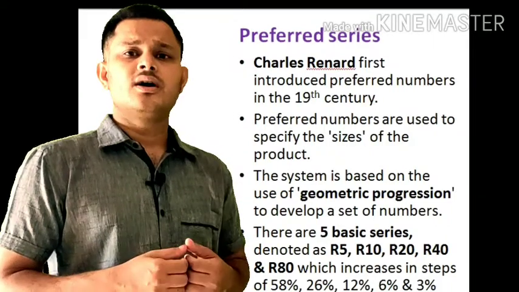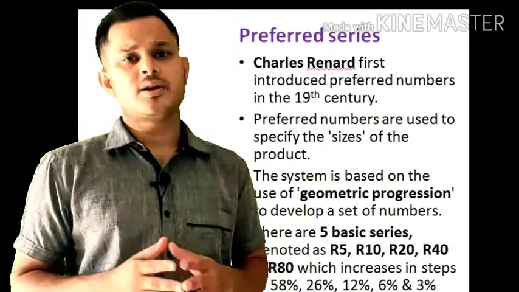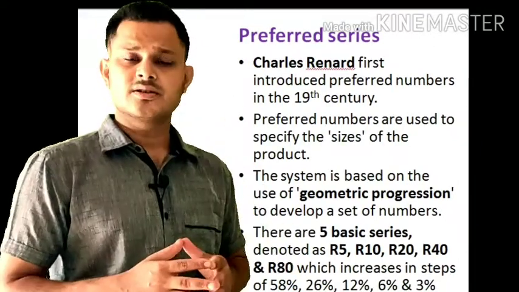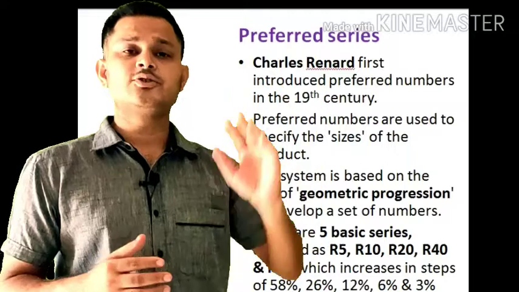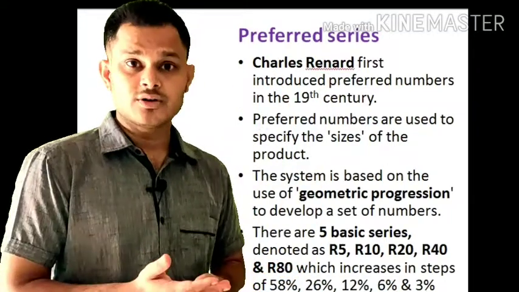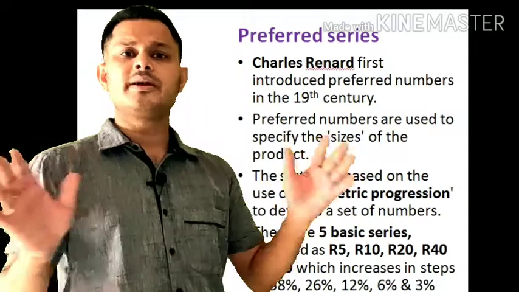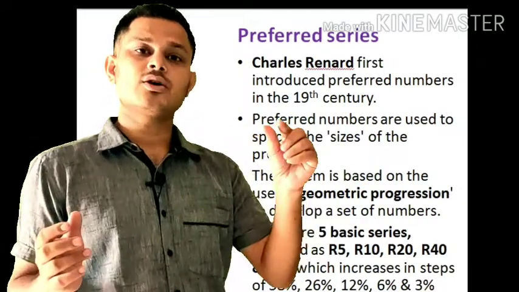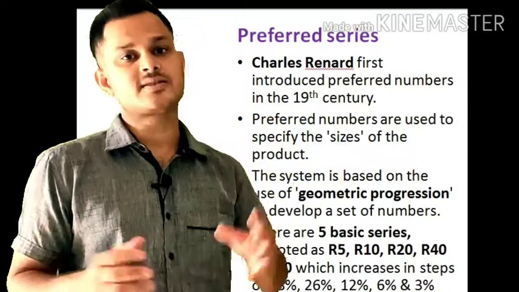If you take the example of a shaft, in the market you can have n number of sizes of shafts. Say the first size would be 10 mm, next can be 10.5, next can be 10.1 also, no? So there is no limit to different sizes. So what should be the standard numbers which should be selected for different sizes?